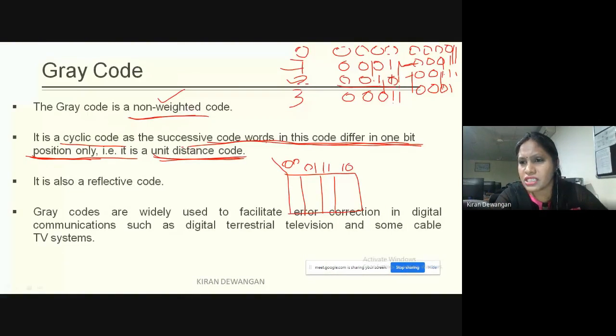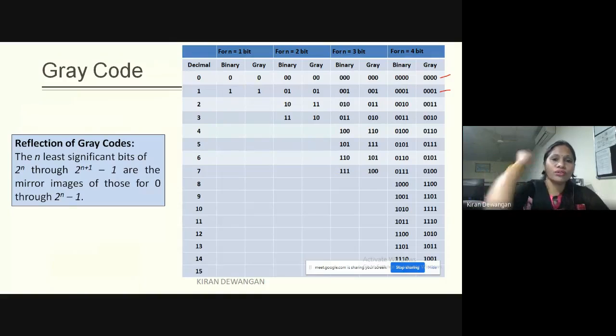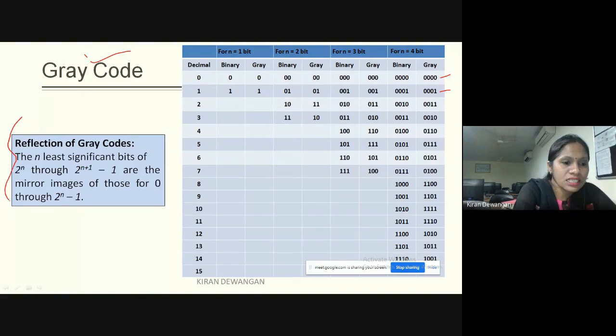This will remain same, and this will become 0. Correct. So code for 1 and 3 will be different. Now this is the gray code completely, and this is what is followed as the reflection of gray codes.